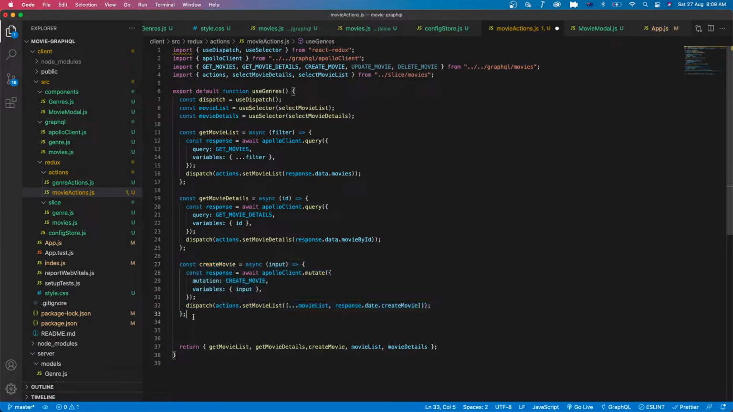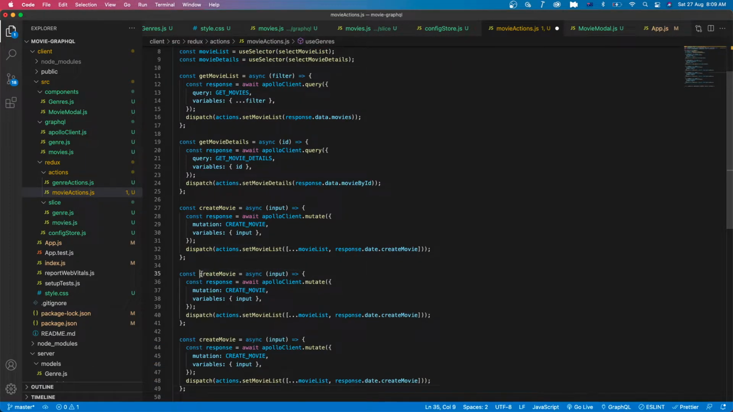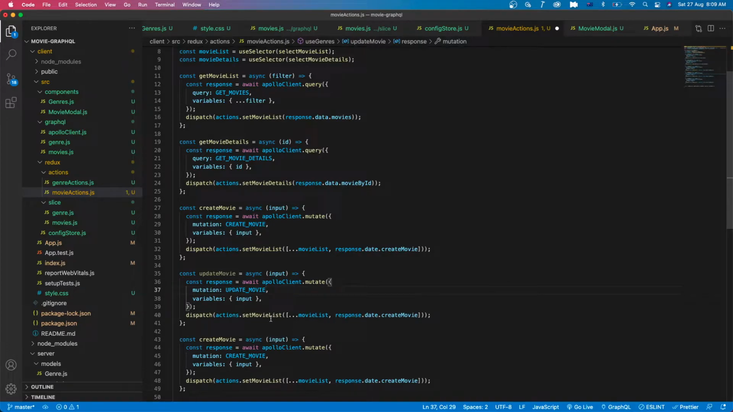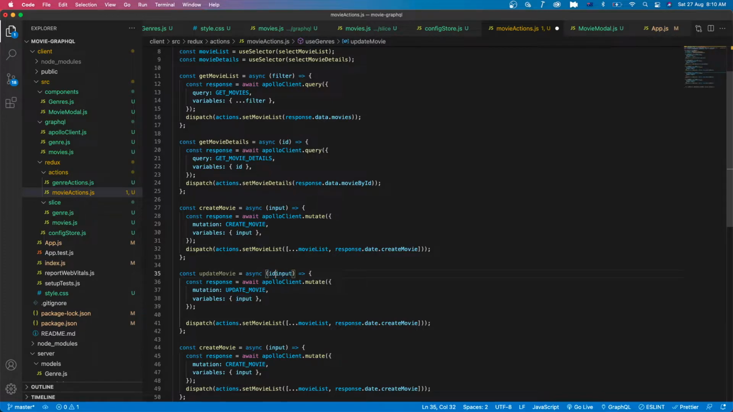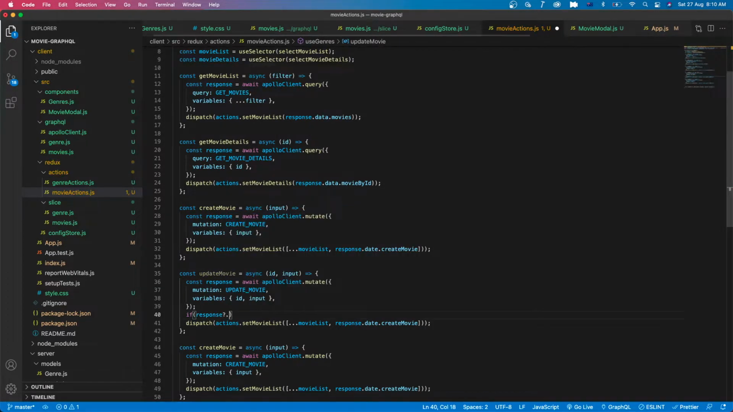So let's copy create movie and paste it so that we can use it for update movie. In here we have update movie, dispatch action, and we also have the movie ID. Let's put the ID in the variable also. And in here, if response data updates movie,